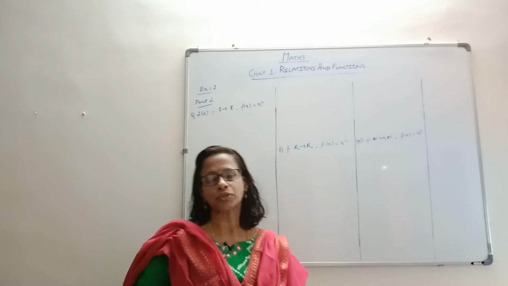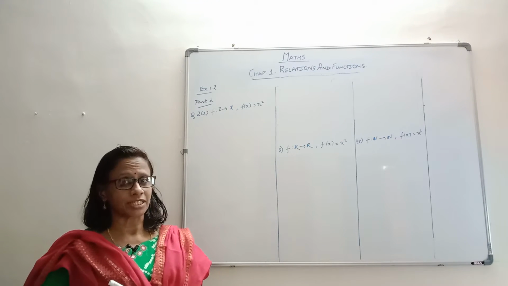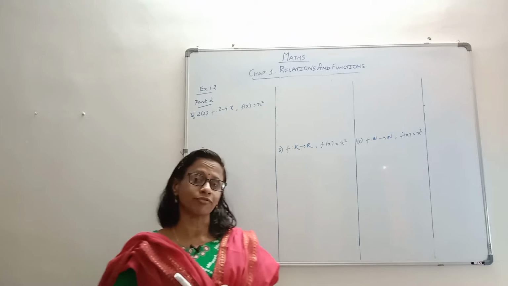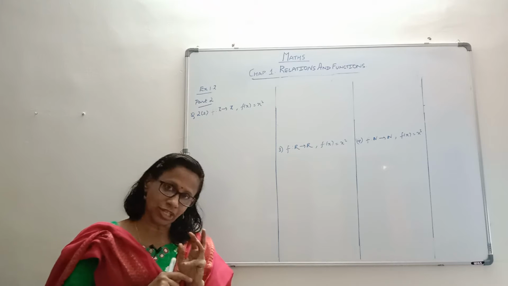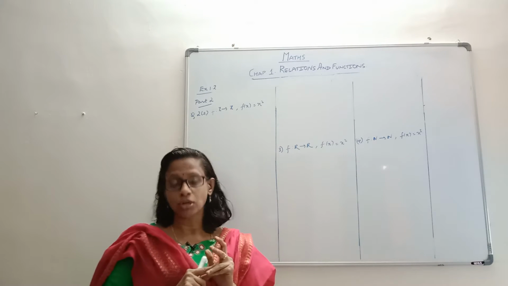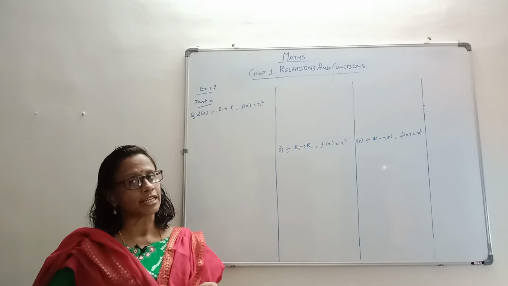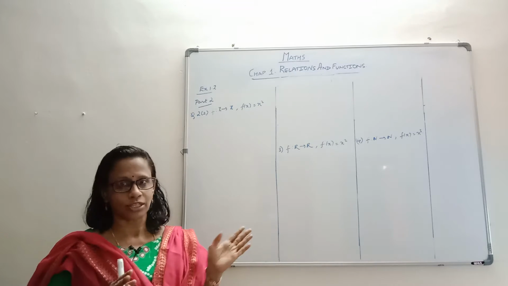Now we are into the part 2 video. We were actually seeing the types of functions. We had seen that functions are of two types. Of course there are many types, but the types that we are learning are injective and surjective. Injective is called one-to-one and surjective is called onto. So given a function, it's not necessary that both should be true. We have to show whether it is so or not. That is what we were doing.